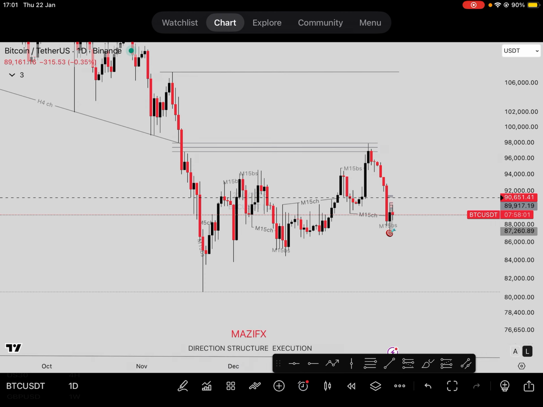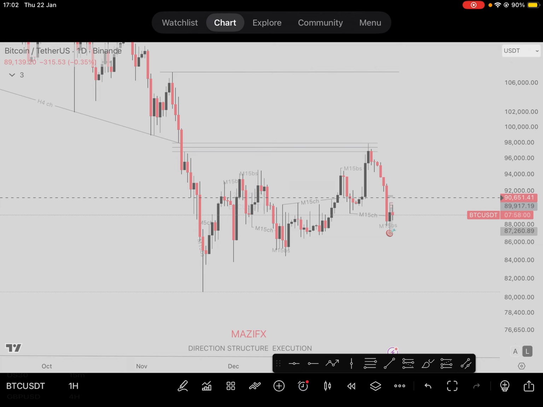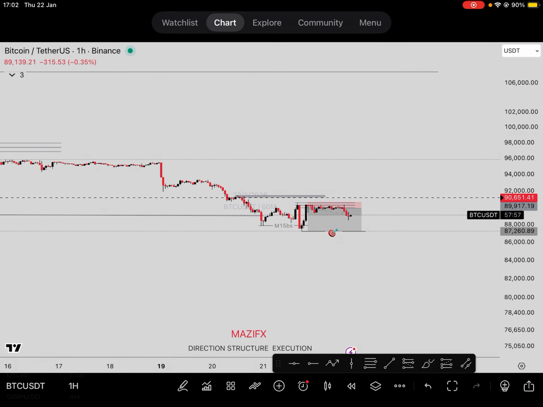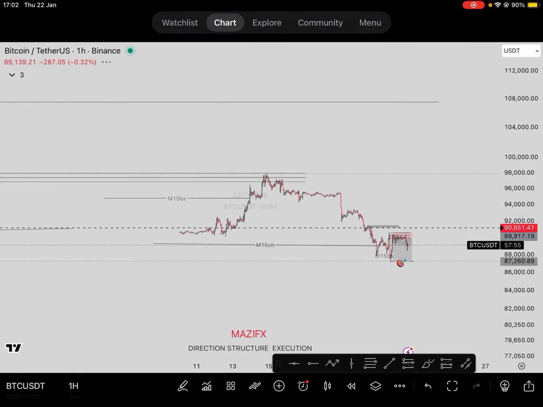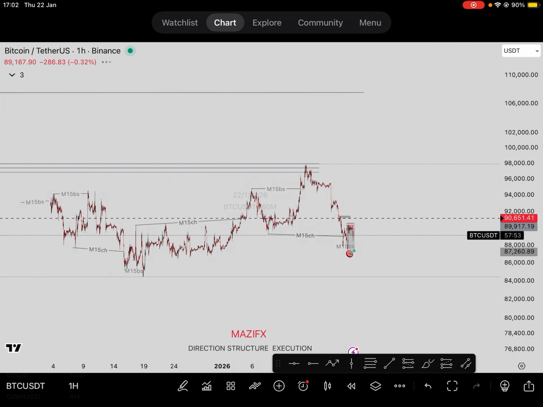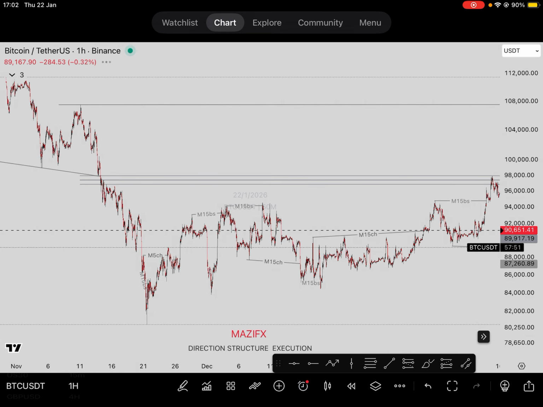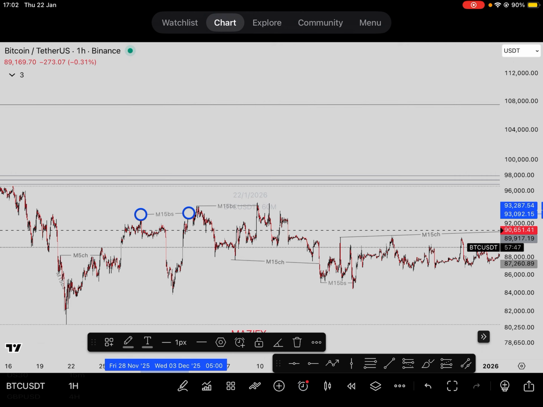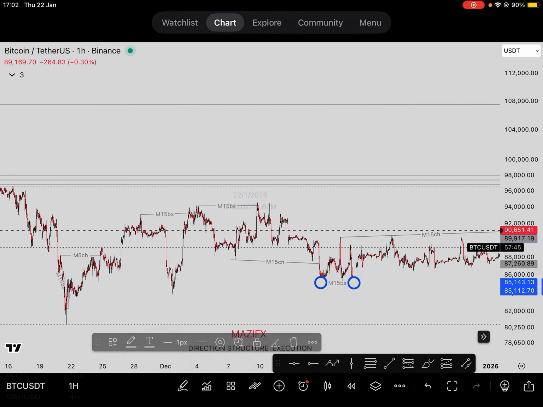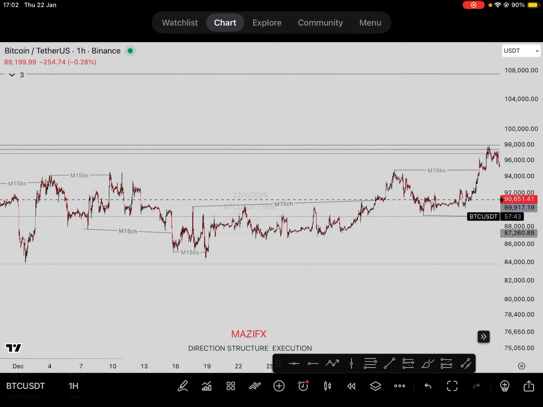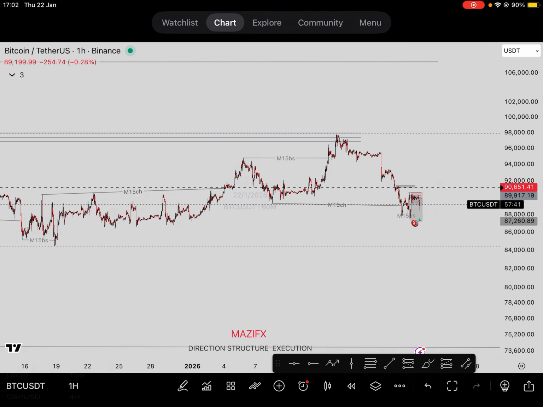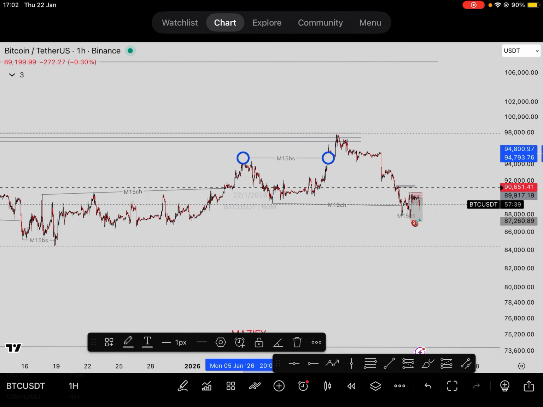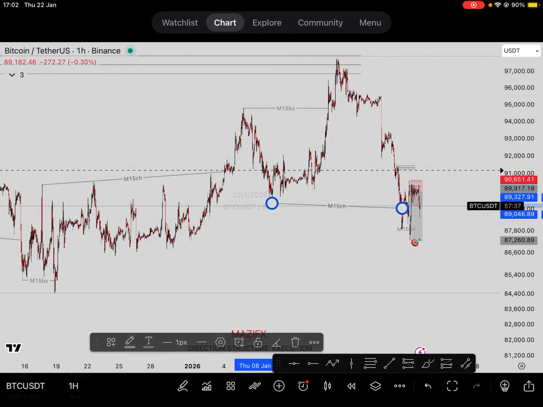So I had to move down to 15 minutes. I was supposed to use 1 hour, but the 1 hour price action wasn't really looking good, so I went to 15 minutes. And 15 minutes actually broke it down very well. So you can see I did it: 15-minute break of structure, break of structure, break of structure, tapped into that fair value gap zone, then it did a change of character here.